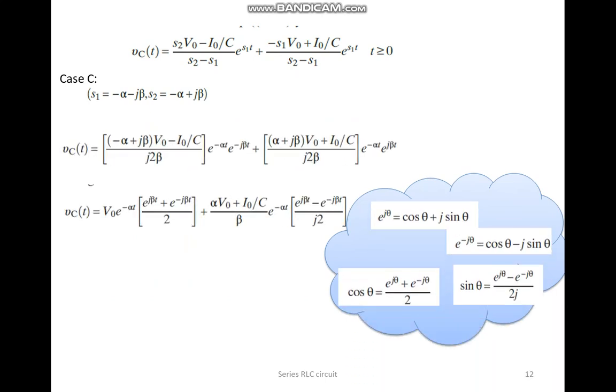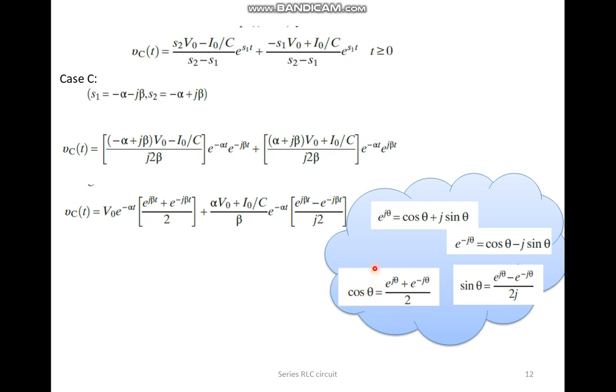One last case, when the roots of the equation are complex conjugate, that is S1 is equal to minus alpha minus j beta and S2 is equal to minus alpha plus j beta, then simply putting the values of S1 and S2 as minus alpha minus j beta and minus alpha plus j beta leads us to this expression. And simplifying this expression gives us this expression, where we can see that e raised to the power j beta t plus e raised to the power minus j beta t over 2 can be manipulated mathematically using Euler identity